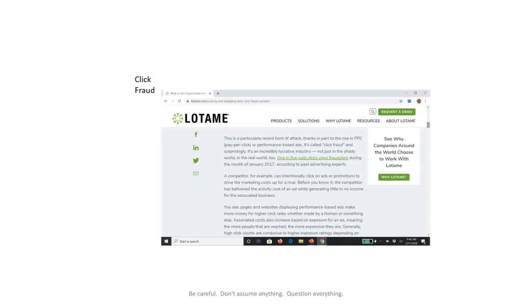This was in 2017, and it's still way up there. As it says here, a competitor can intentionally click on ads or promotions to drive the marketing cost up for a rival. Okay. So bots, click fraud.